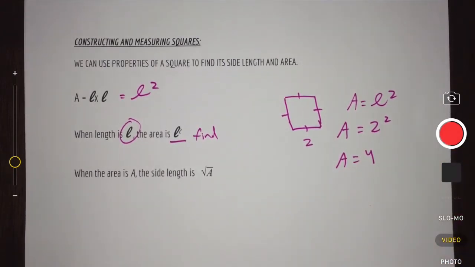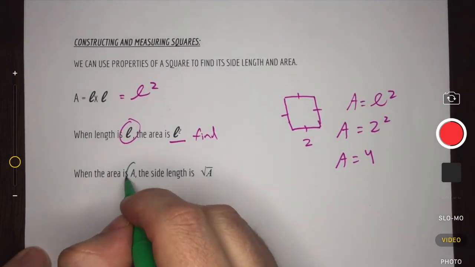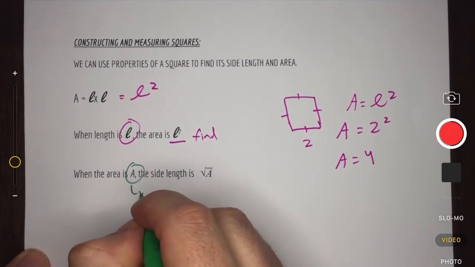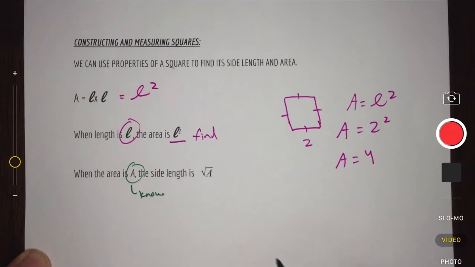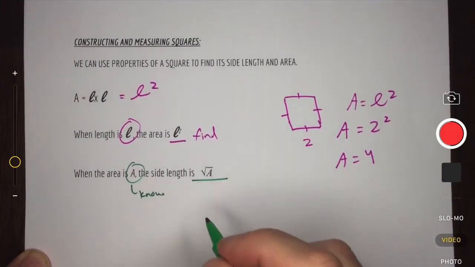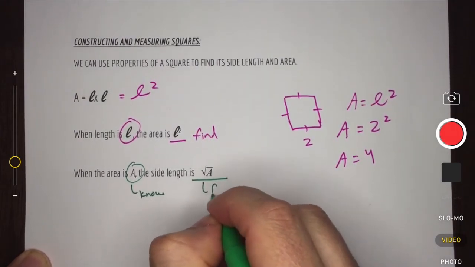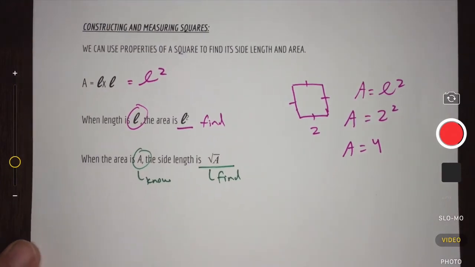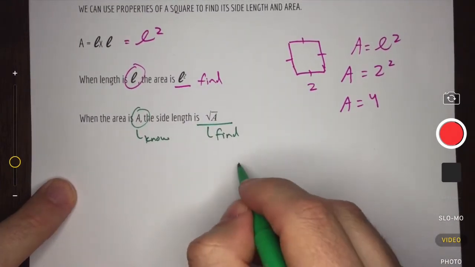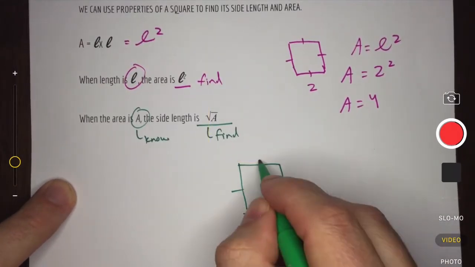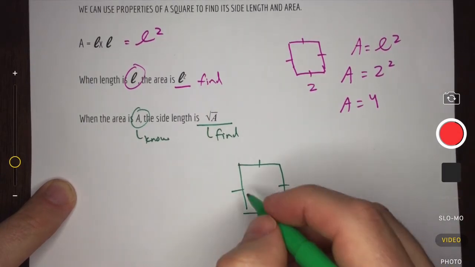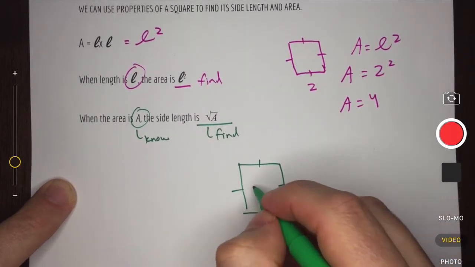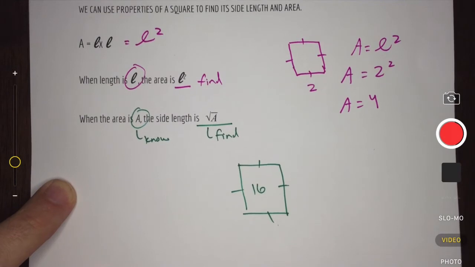On the flip side of that, if I know the area, what I can find is its square root. So this is what I'll be able to find. So if I have, again, a square, and I know that the area, or the size of the square, is, let's say, 16 centimeters squared,